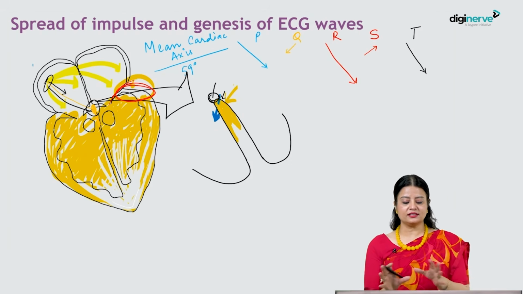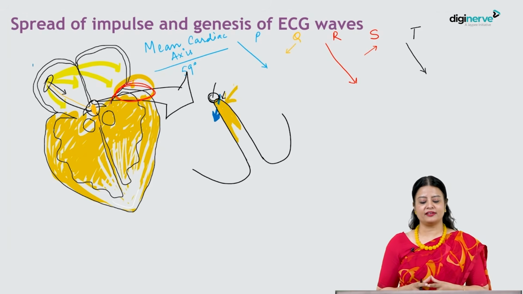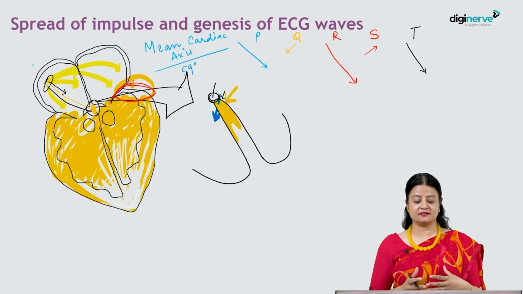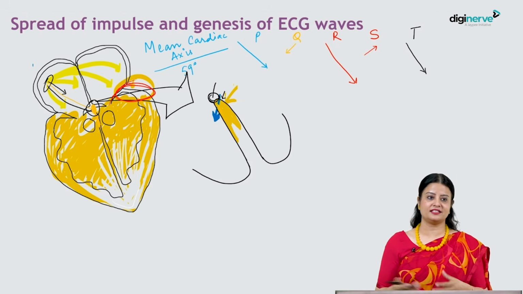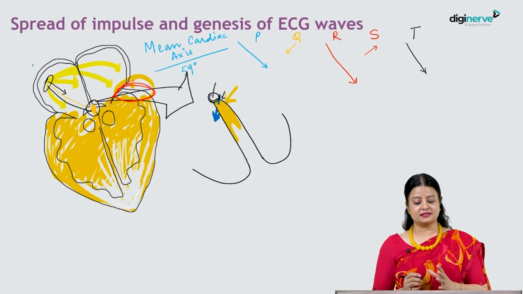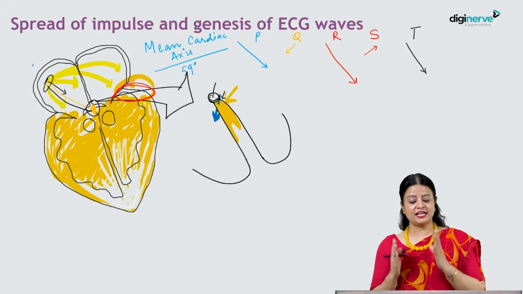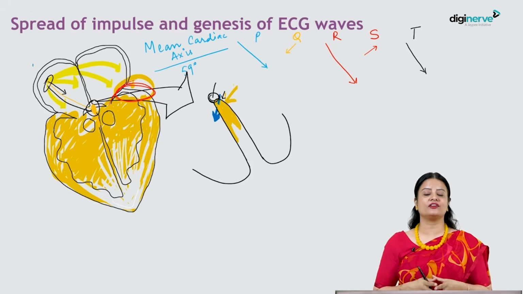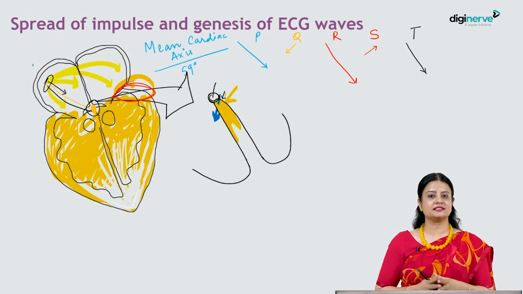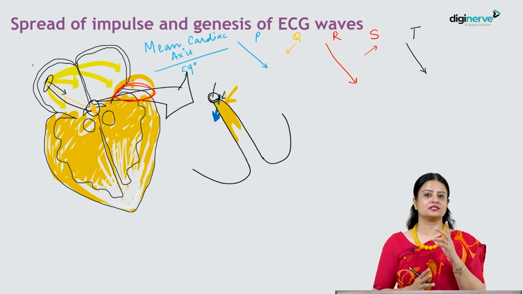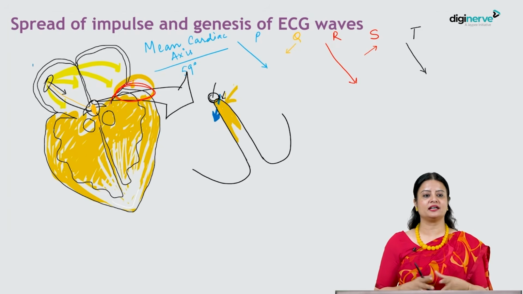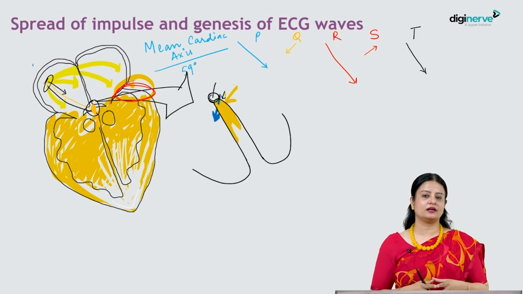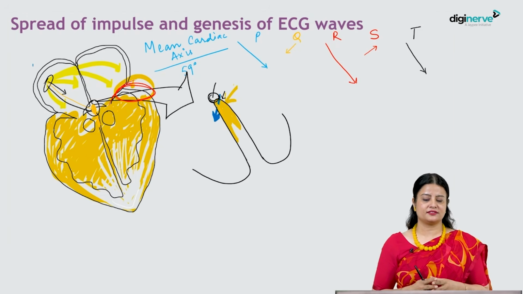So what does all this jargon tell you? If we have the instantaneous vector of the P wave, Q wave, R wave, S wave and T wave, if we try to put them together, this means that the waves which are in the direction of the mean cardiac axis, they will be recorded as the positive deflection, and the waves which are looking away from the mean cardiac axis, they would be recorded as the negative waves.